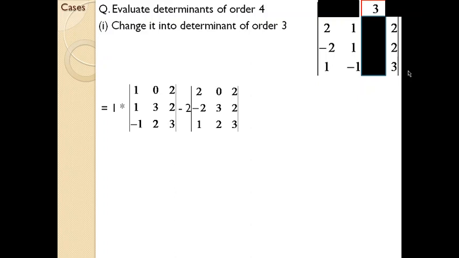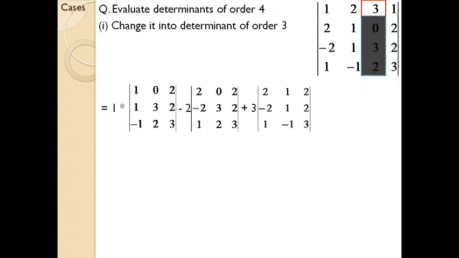So that has to be represented in the order 3 into 3, and remember you need to put the sign. So the next sign just be used simultaneously. Earlier it was minus, so now it will be plus. Plus the selected number is 3 and the remaining elements are 2, 1, 2, minus 2, 1 and 2, minus 2, 1, 2, 1, minus 3, minus 1 and 3. See 1, minus 1 and 3.